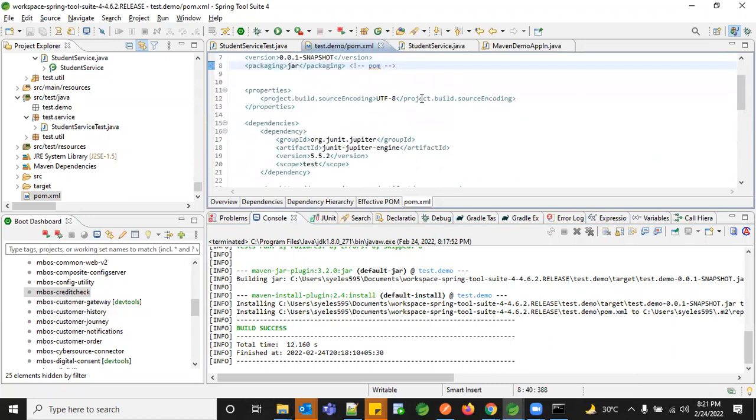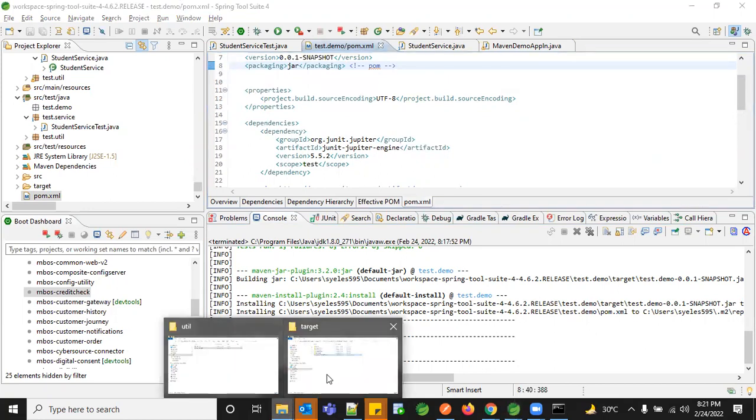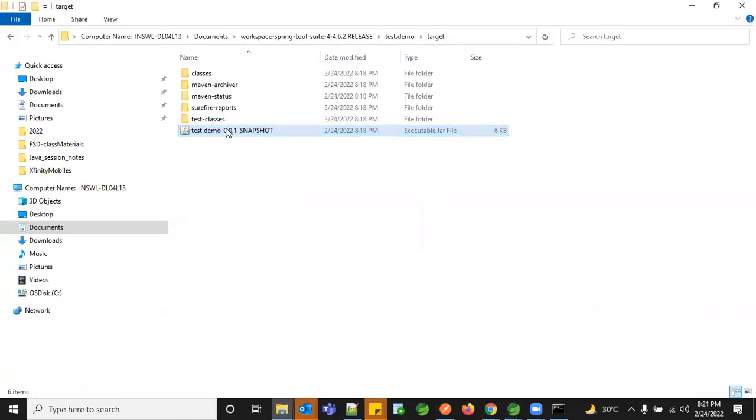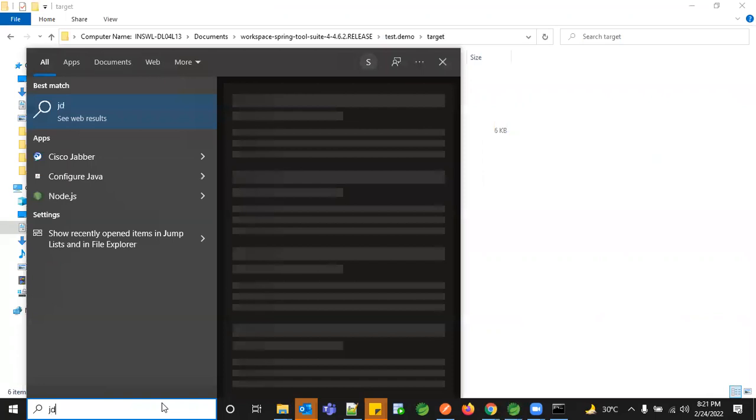And wherever you want to expose this project, the only thing you will be passing to the higher environments is this final executable one. So only this will be carried to your environments for testing. This is right now 6 KB and it doesn't have any of the dependencies which you have used. So how can we open this jar file and explore how your code looks after building it? There's something called JD-GUI.